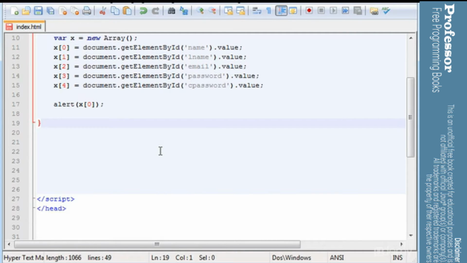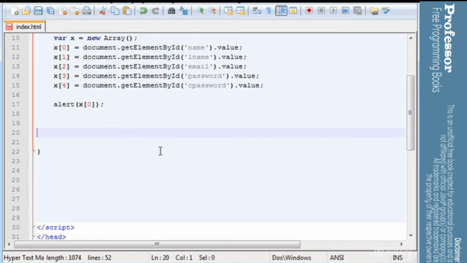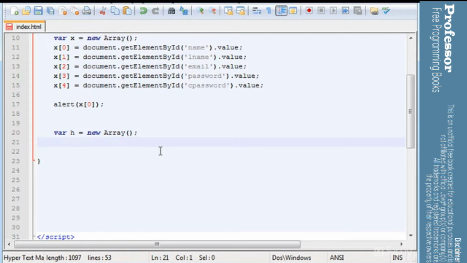Inside the same function, I forgot to mention this, we still have to create another array with the outputs that we will have for the different inputs. So I'm going to create a new array, call it variable h, new array, and in here I'm going to type h 0 equals to